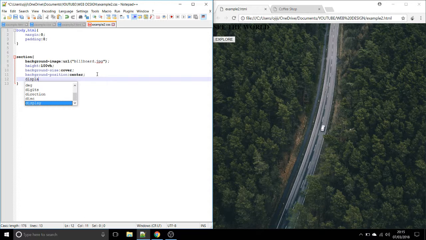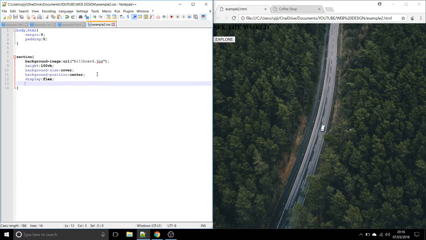It's quite recent, and in the old days of web design, it would be such a daunting task to try to center elements, but Flexbox has now come around and it's really changed the way we can position elements for the better. So we want to display flex, which is basically saying I am now going to use flex for this positioning. Then we want to justify content center,